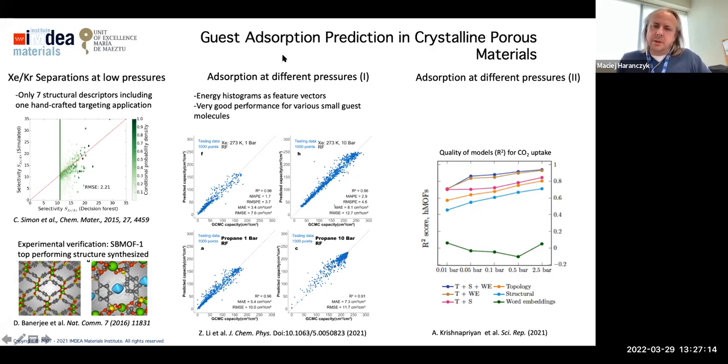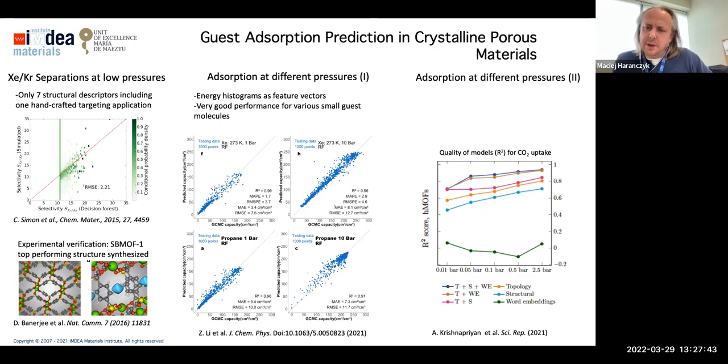In the middle column, those are models for xenon adsorption, and the lower plots are for propane. And as you can see, those are models that were developed in the last year, and you can see that the points are much closer to the diagonal. That means that you see basically the evolution of our descriptors. With better descriptors, now we can build much better models, and this is further illustrated on the right,